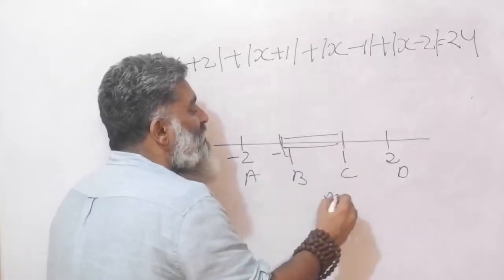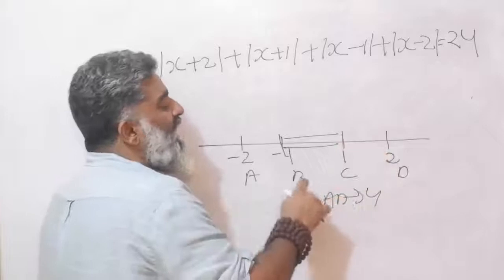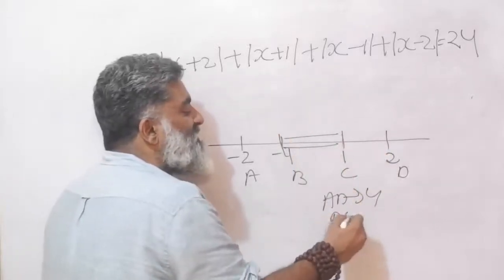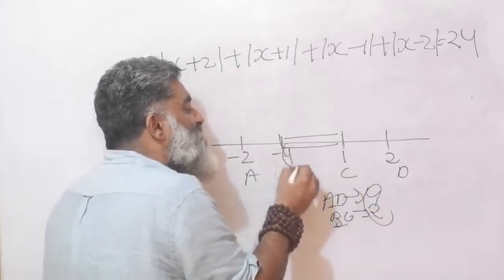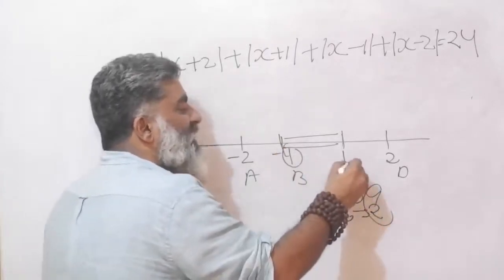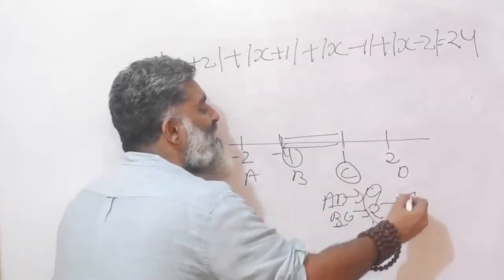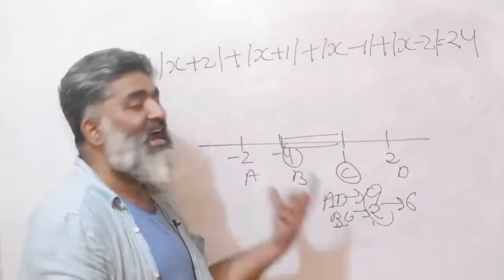So no matter where you meet between B and C, A and D total would have done 4 units, minus 2 to 2. And B and C would have to cover definitely 2 units. B and C's meeting would cause 2 units. So if you meet at B's house or at C's house or anywhere in the middle, the total distance will be 6, or the minimum has to be 6, right? So get that idea clear.